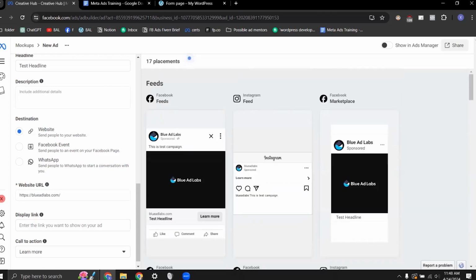And you can share these directly with your team or with the clients, and they can see the ads before going live. And once they approve those, then you can simply activate this. So you can use this option, show in Ads Manager, and these will automatically appear in your Ads Manager. Okay, so this is the Creative Hub option. And then